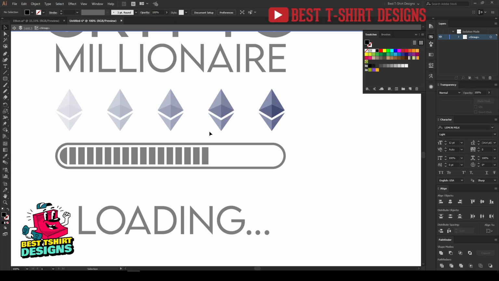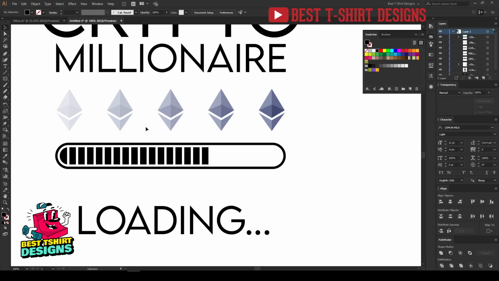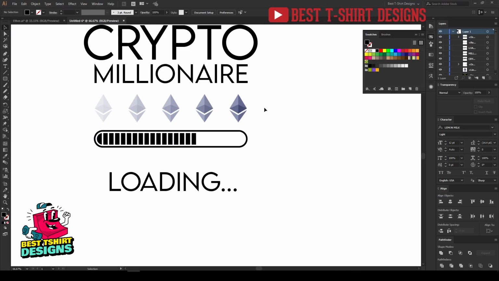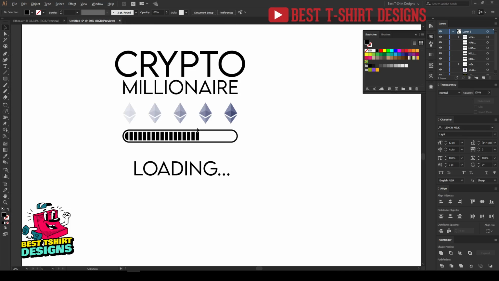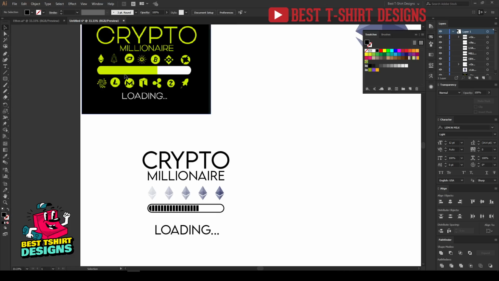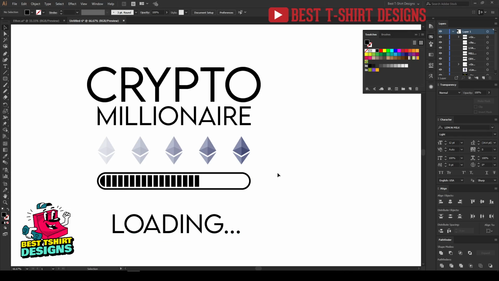And this is how it is looking right now. That means it is loading by percent, so by 20% actually. So this is loading by 20%, and this is how it will give this kind of similar loading style, but all with Ethereum, not these different cryptocurrencies. So that's the theme here I wanted to create.